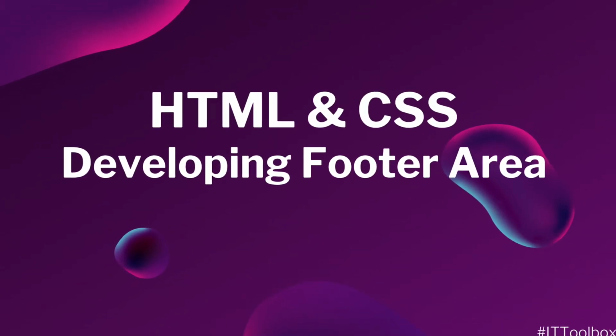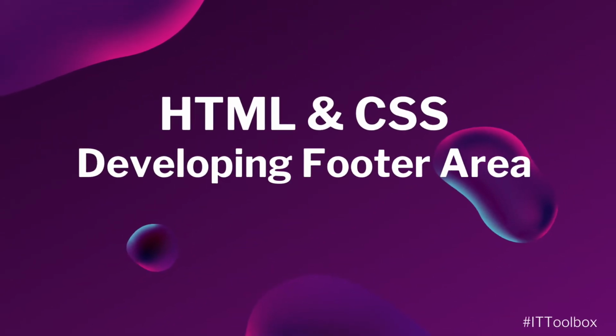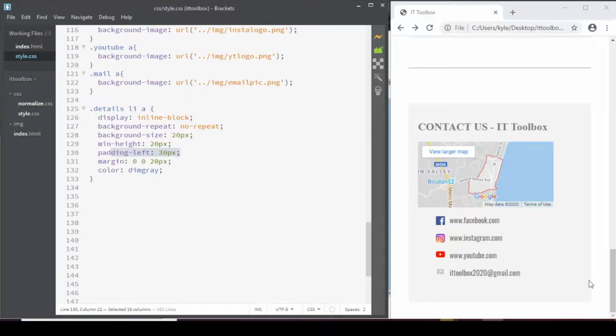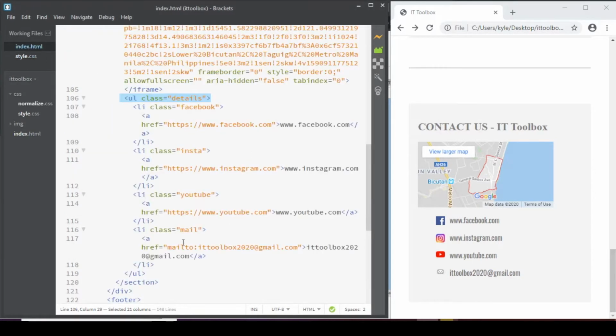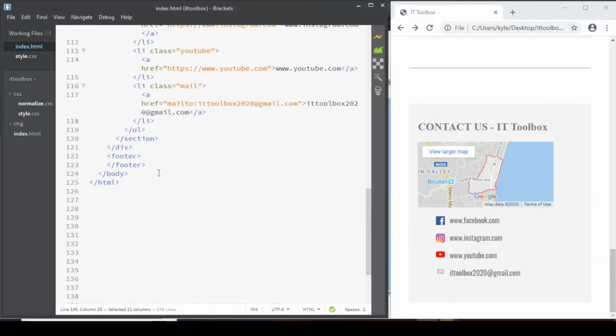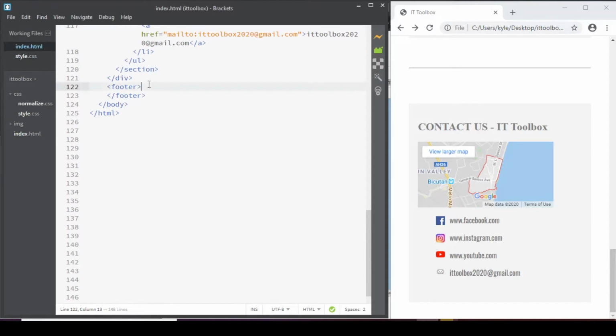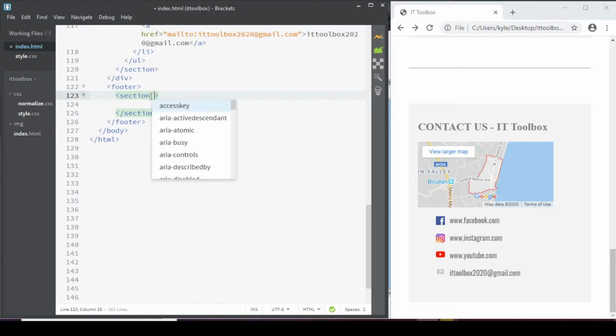Hello everyone. Now let's add a footer area in our web page. So inside this footer tag, let's add a section tag with an ID of footer left